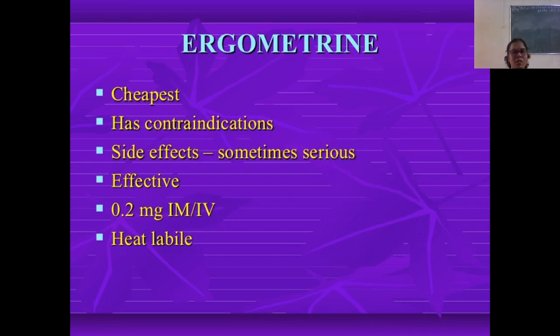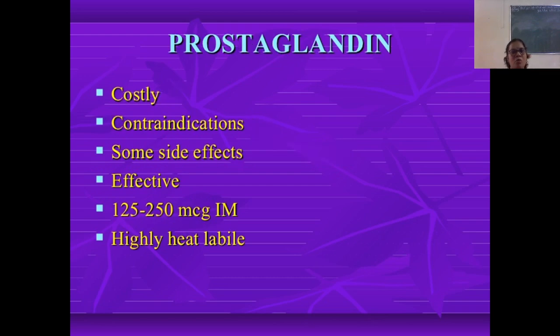Then ergometrine, which is the cheapest, has contraindications and side effects, sometimes very serious. It is the most effective drug, given in the dose of 0.2 milligrams IM or IV. It is heat labile. Then prostaglandin is very costly, and we have to note whether the use of this prostaglandin